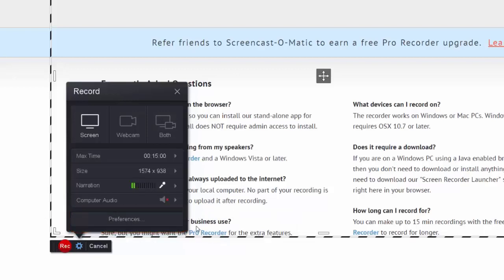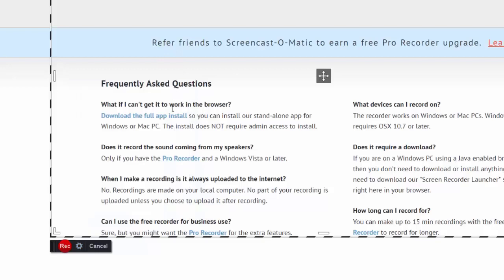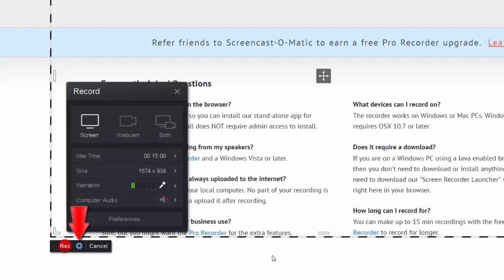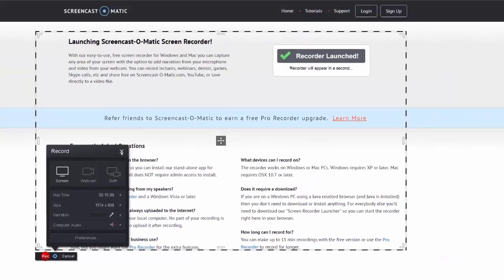Once you've chosen your desired settings, you can collapse this box by selecting the X button in the top right. If you find that you need to change your settings later on, you can open up those settings again by selecting the gear icon in the mini version of this box, which will open that settings box again.